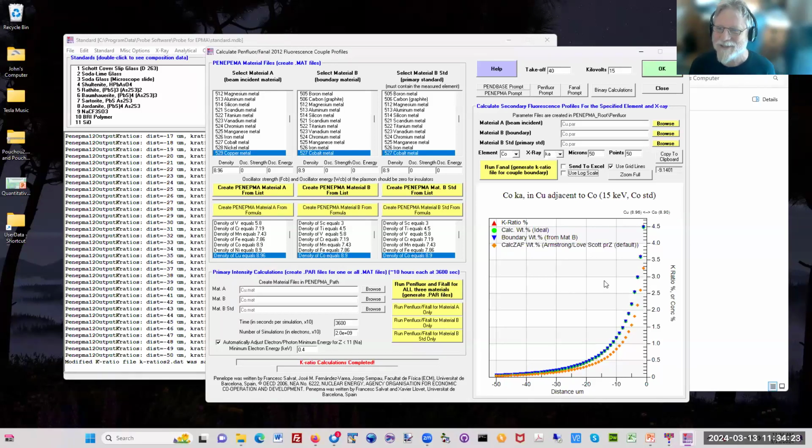So I showed them this, and you can run this calculation here. If you do run this calculation, the data file that you calculate from this can be used in ProbeForEPMA to perform a correction for this. Now, there's an assumption made here, which is that the boundary is infinite and vertical. If that's the case, this will work perfectly for you, although it doesn't yet correct for Bragg defocusing. So you'd want to put your boundary